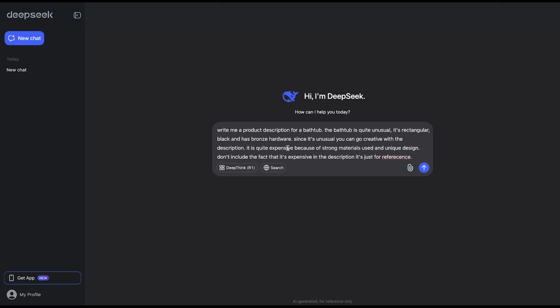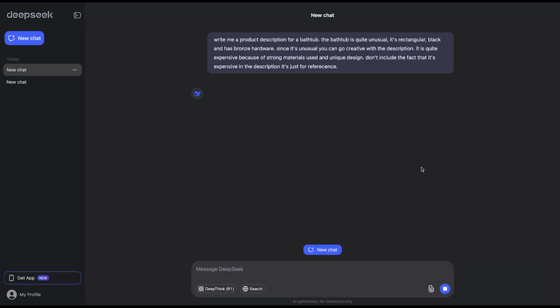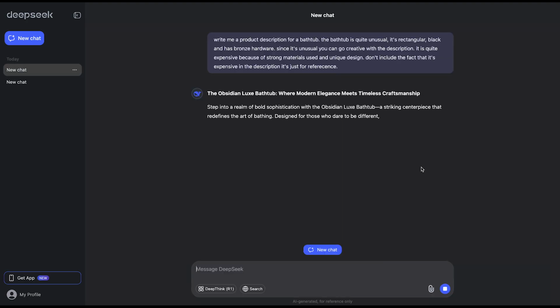But since I said it's expensive, just for reference, so it knows that it needs to say that it has strong materials and a unique design because it is expensive, so to make up for it. But I said don't include the fact that it's expensive in the description, it's just for your reference. So now I'm gonna send this prompt, and it is